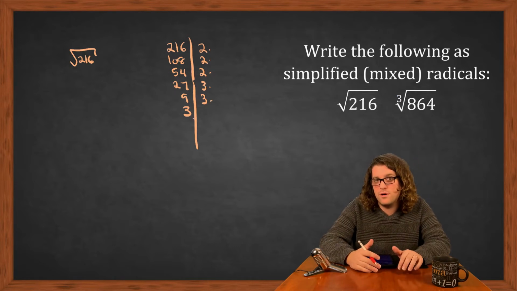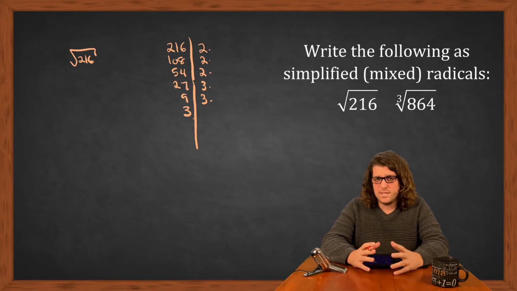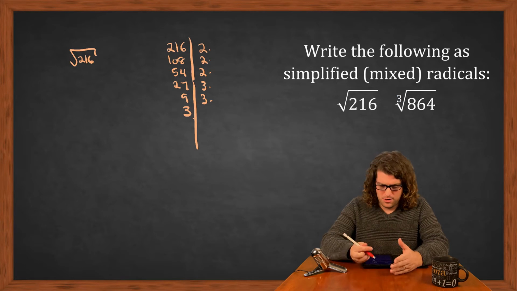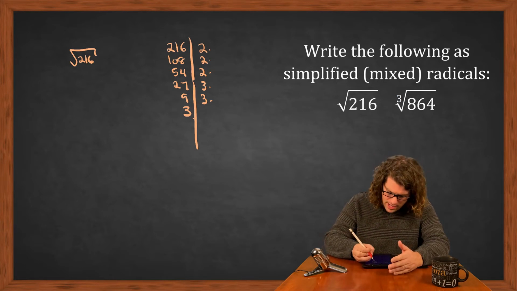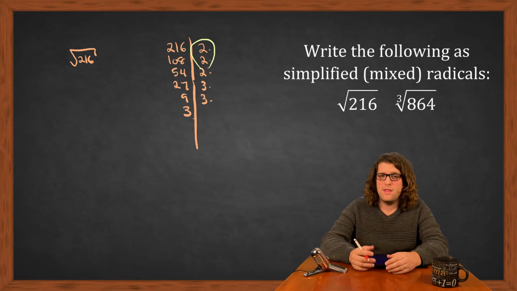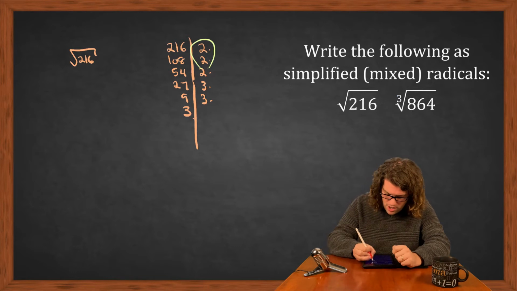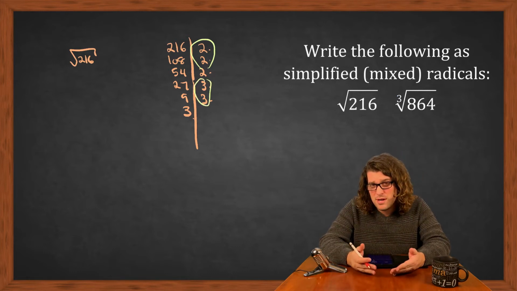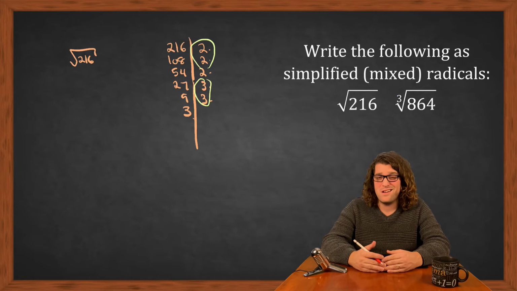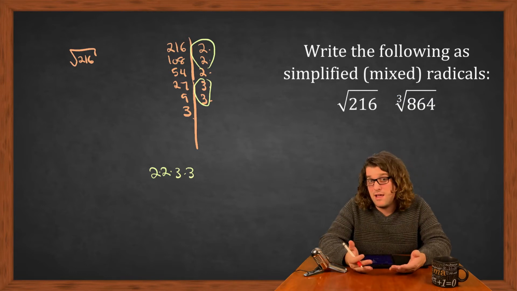Now, what we're looking for here is the biggest square that we can take out. If I have these two 2's, they make a 4 if I multiply them back together. That is a square. However, I also have these two 3's. When you multiply those together, it gives you a 9. That's also a square. But if I took all 4 of those digits, 2 and 2 and 3 and 3,